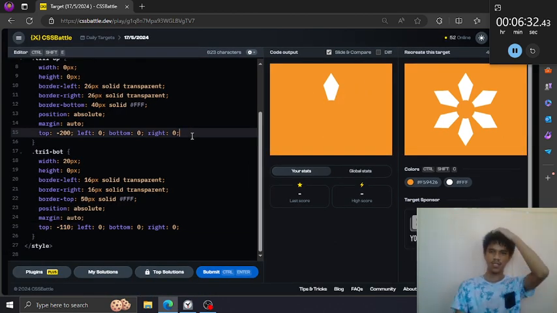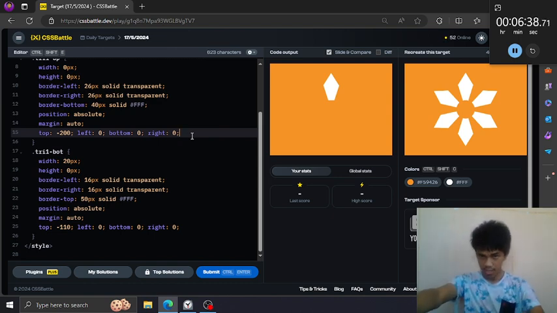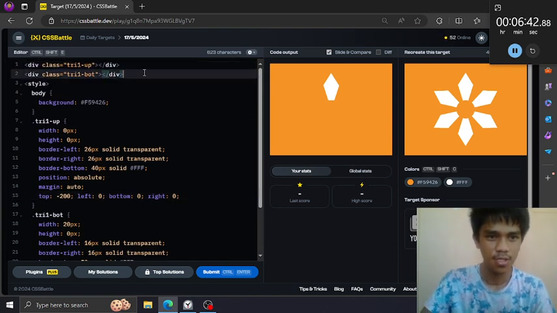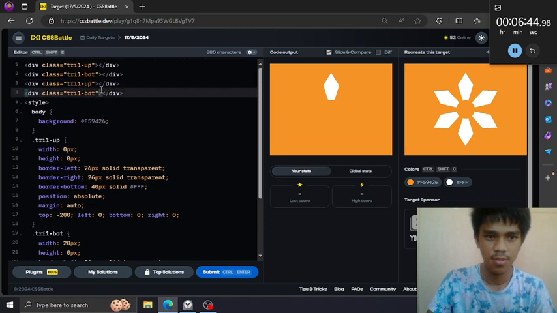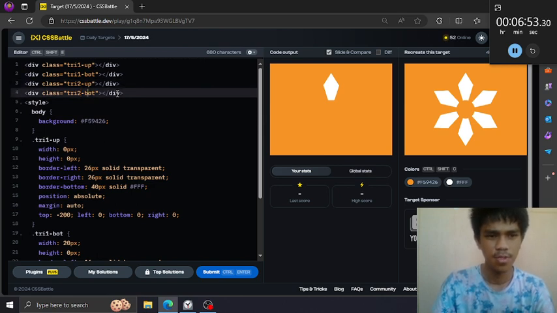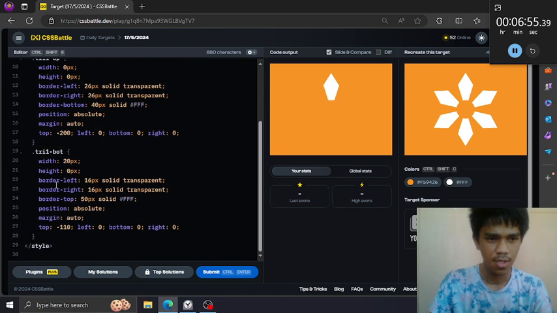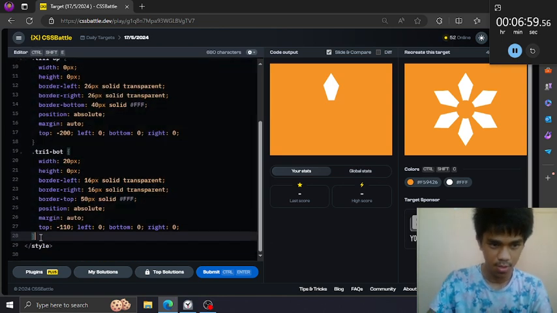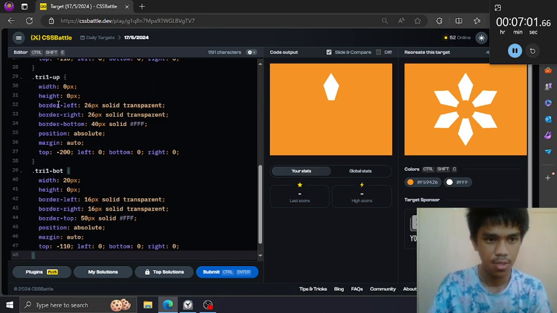Now this is the tricky part. We need to rotate this 5 more times. Oh, this is really dragging, but I have no choice. So this one is two up, but okay. Let's just copy this one and paste it here.